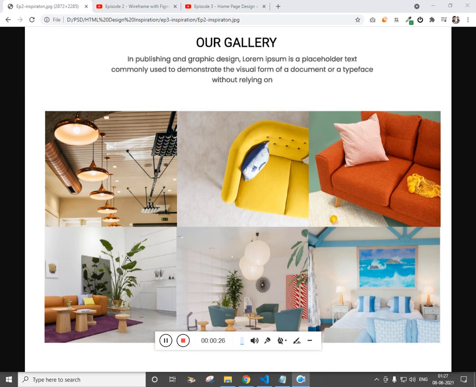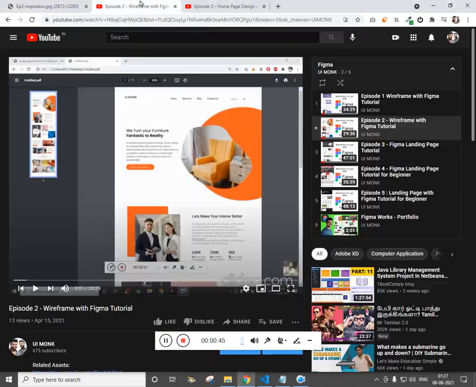We will see in this video how to create this, but in case you are wondering how to get these images to follow along, I'll leave the link of the complete source code which I will be creating right now along with the images, so that you can follow with me. And if you want to learn how to create this type of wireframe using Figma, you have to get into this link, and I'll leave the link in the description to follow along.